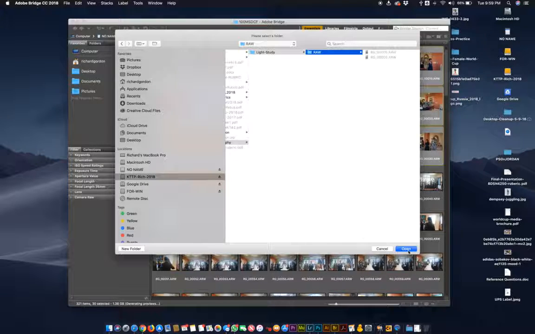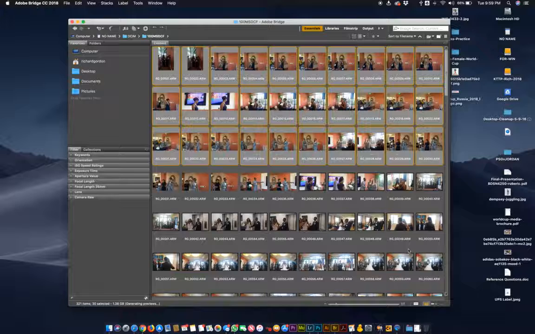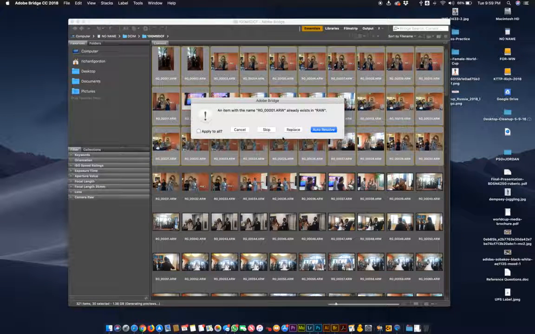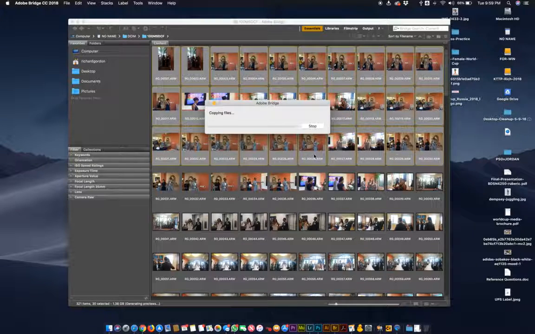We're going to hit open on the raw folder, and then Bridge is going to give us a dialog that lets us know that we are going to be copying our photos to that folder. This little notification just let me know I already copied some of them, so I'm just going to go ahead and say replace, and then you'll see the progress bar here. While this is copying,